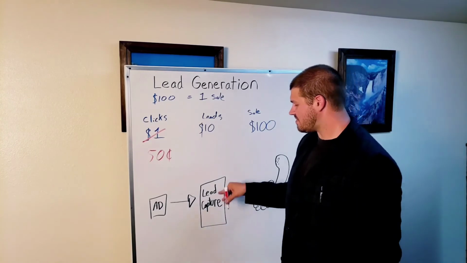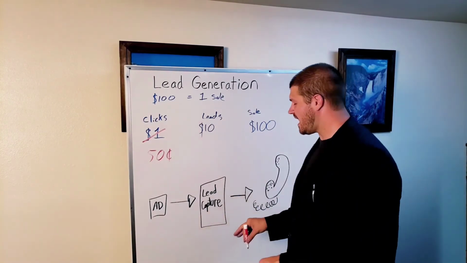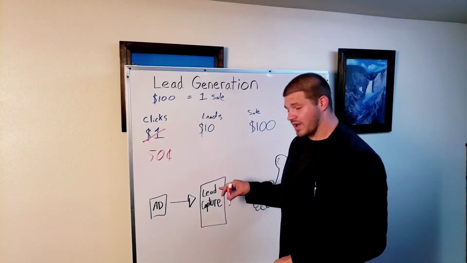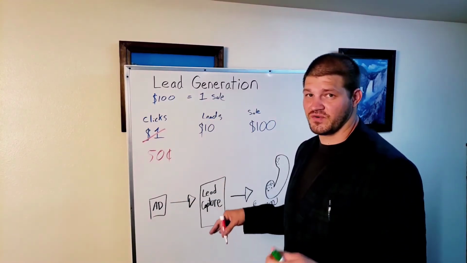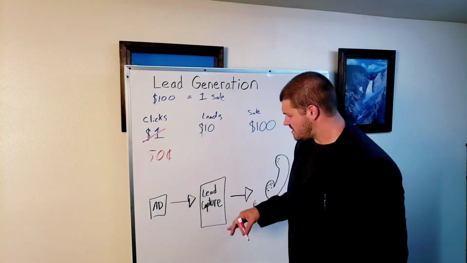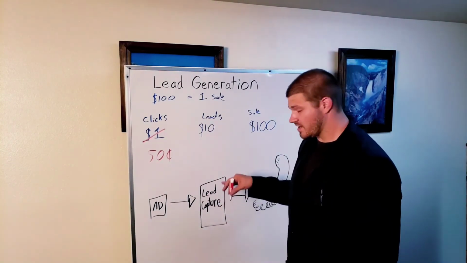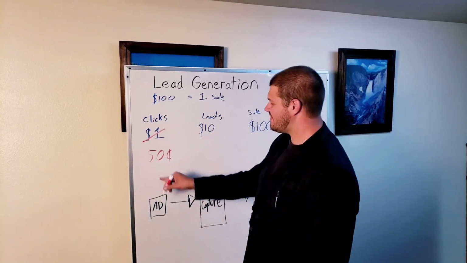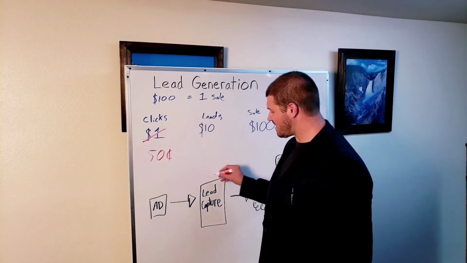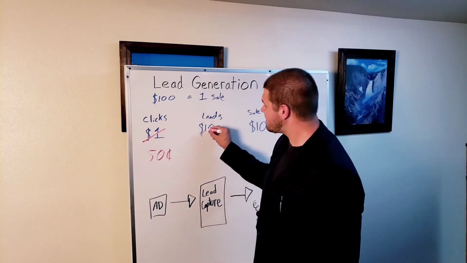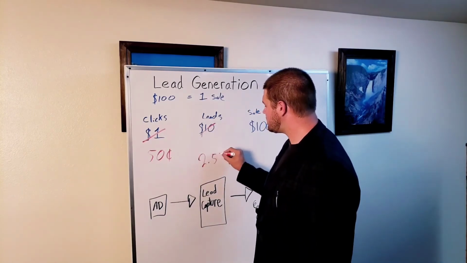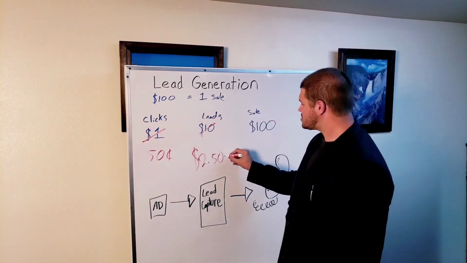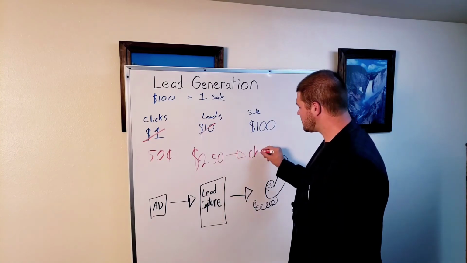But we could do the same thing with the lead capture page. And after we optimize this page, instead of getting 1 out of 10 submission ratio for the lead information, let's say we test the right things and we're able to cut that in half too. So now instead of 1 out of 10, we're getting 1 out of 5, right? That means that at 50 cents, if we send 10 people and we're getting 1 out of 5 here, we just made each lead go from $10 to $2.50, which is pretty sweet, because if we send 12 leads to Charlie,